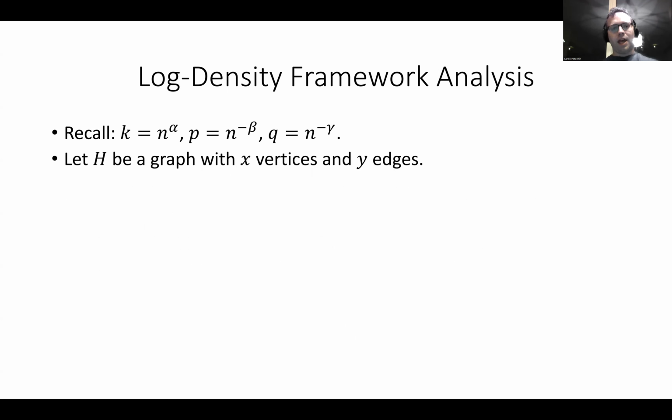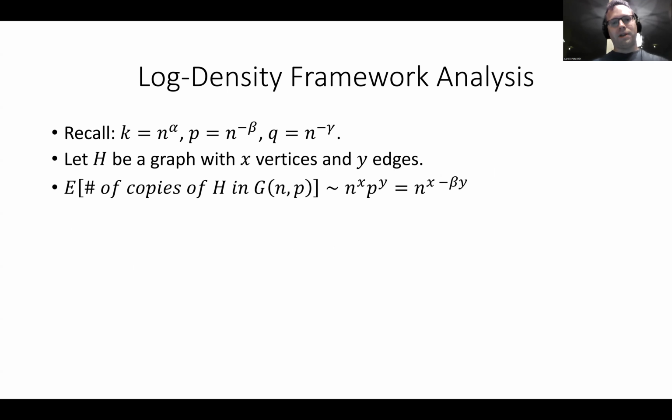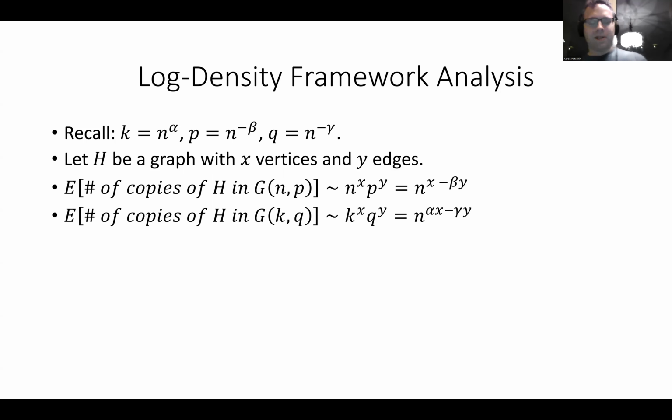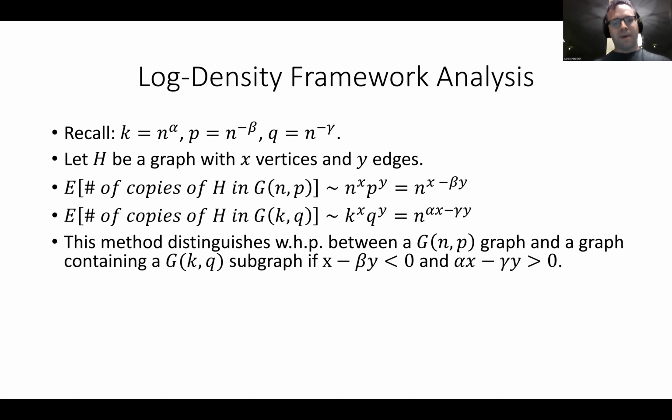More generally, if we let H be a graph with x vertices and y edges, the expected number of copies of H in G(n,p) is on the order of n to the x minus beta times y. The expected number of copies of H in G(k,q) is on the order of n to the alpha x minus gamma times y. So this method distinguishes with high probability between a G(n,p) graph and a graph containing a G(k,q) subgraph